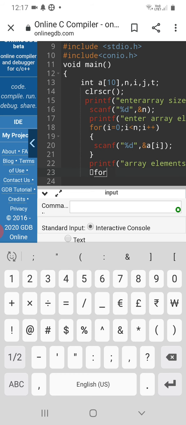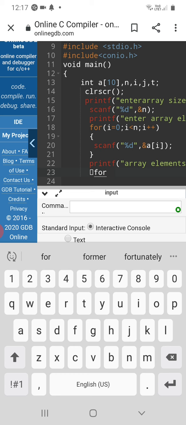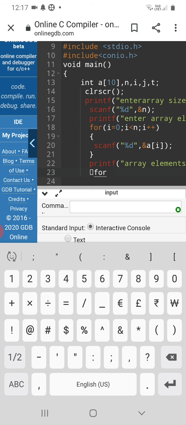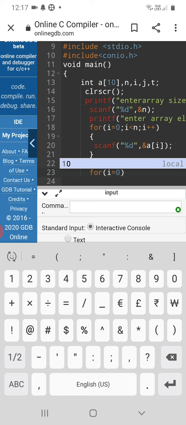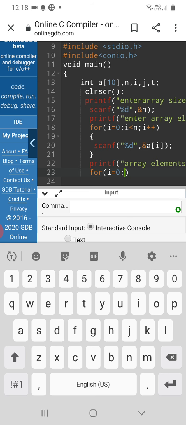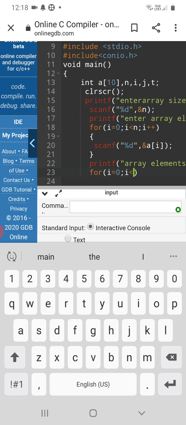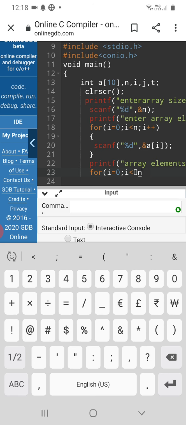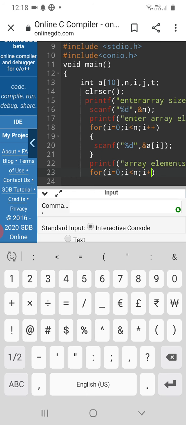For, again initializing, for i equal to 0, i less than n, use semicolon for end of expression, and incrementing the operator i plus plus.